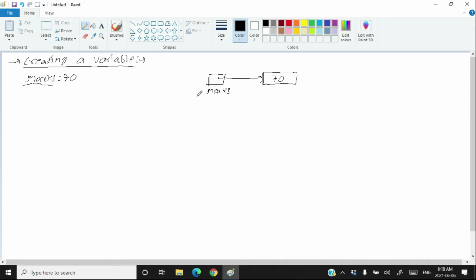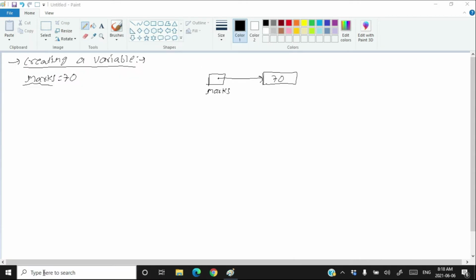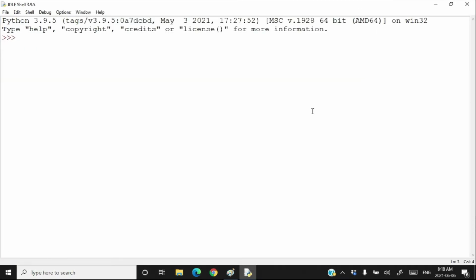Let's try creating variables in the Python shell. Ideally, open the Python 3.9 shell and write student is equal to Jacob. In this case, you can assume that in memory, student is a variable which is pointing to another location in the memory which contains the value Jacob. Then age is the variable which is pointing to a memory which contains the value 16.